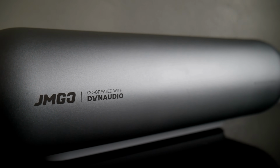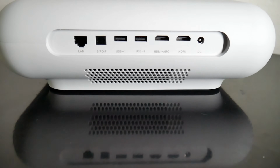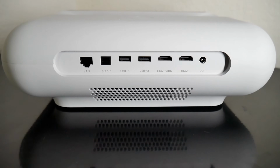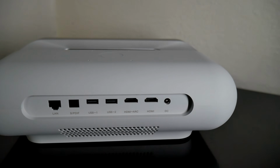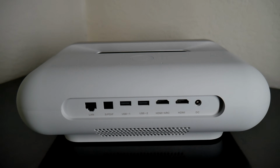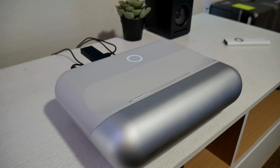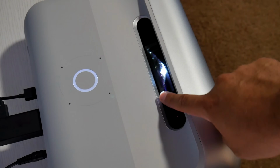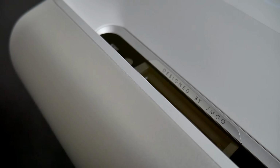It definitely looks different. Now all the ports are located in the back and include a LAN port, optical port for audio, 2 USBs, 2 HDMI ports with ARC support, and the power port. Now on top is where the power button is located with a ring that lights up. There are sensors next to the light source that detect movement and shut down the light beam to avoid direct